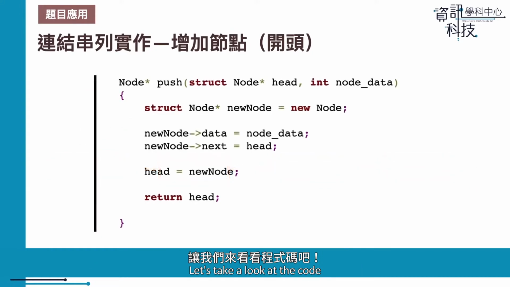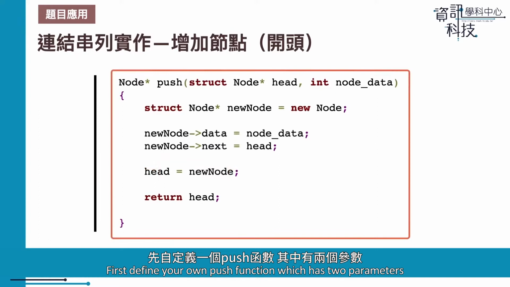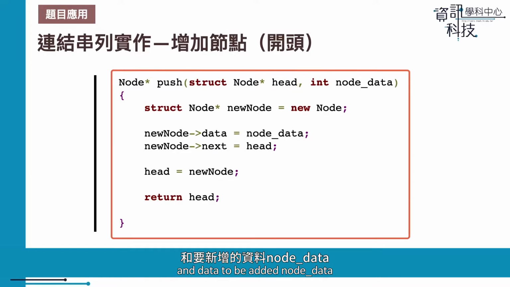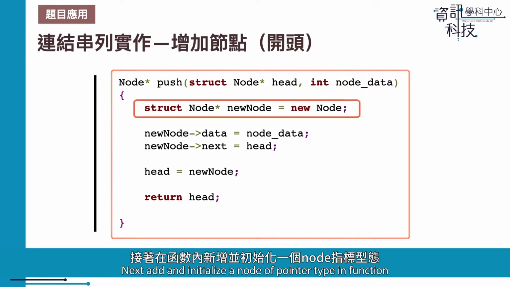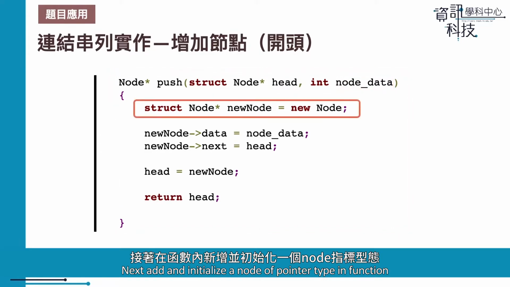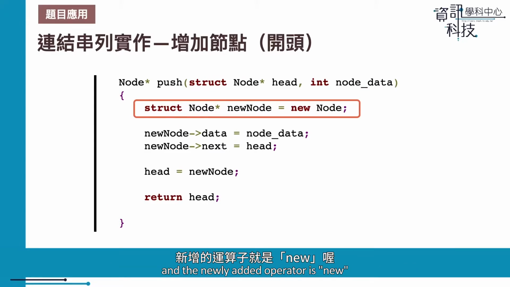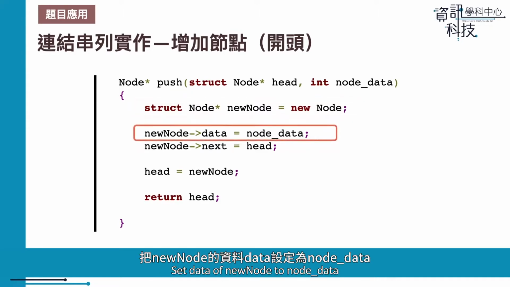Let's take a look at the code. First, define your own push function, which has two parameters that represent the memory address of head of a linked list, and the data to be added, node data. Next, add and initialize a node pointer in the function, a variable named new node, to perform the action of adding a node, and the operator used is new. Set data of new node to node data. That is to have